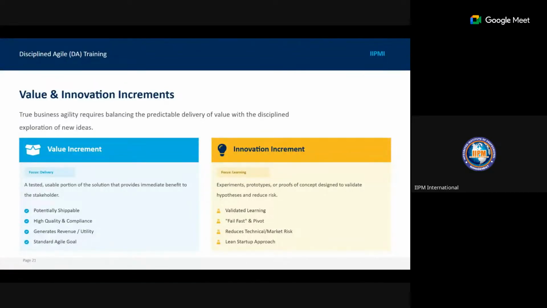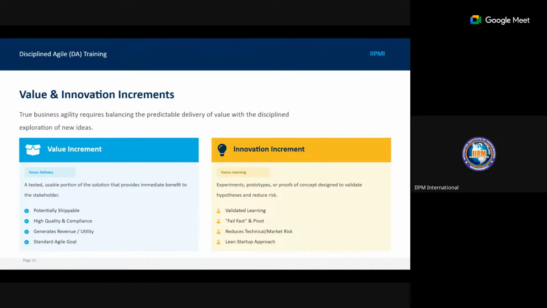Now, remember that one of the things I spoke about when we started this course, I gave an example of what we call a blue ocean strategy, or the value innovation strategy. Under the value innovation strategy, you want to increase revenue while reducing costs. You want to increase satisfaction while reducing time. You want to increase investment while reducing operational expenses. That's the same thing the discipline Agile wants you to have.